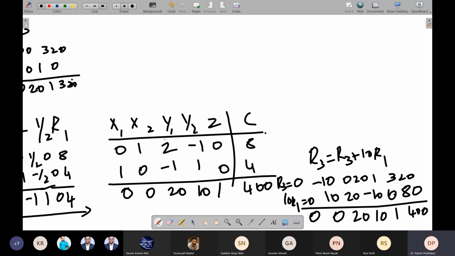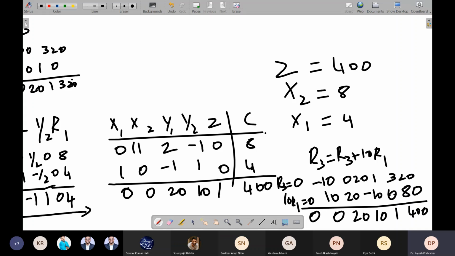See, this is 1, right? So x2 is equal to 8, x1 is equal to 4, z is equal to 400. Because here this is 8, this is 1, this is 4. So by using these two values, you can maximize the z value to 400.